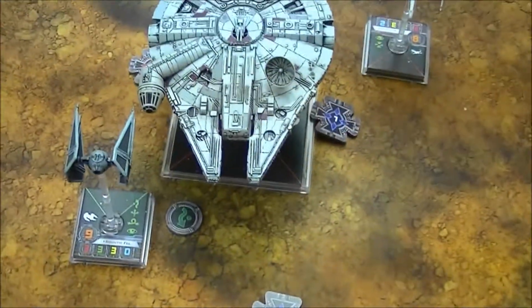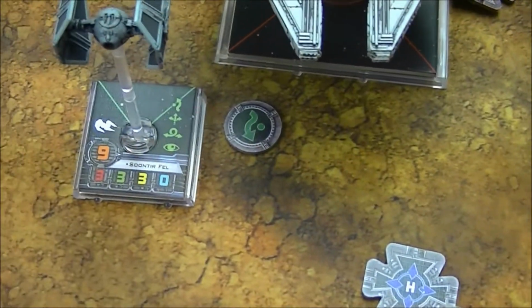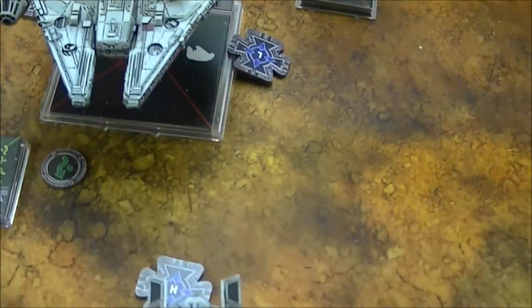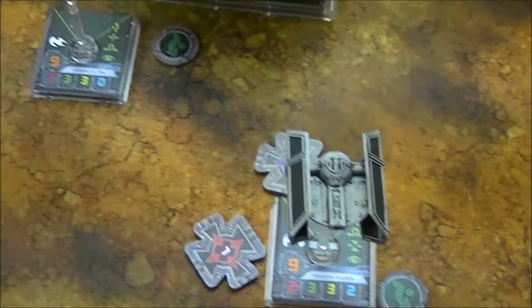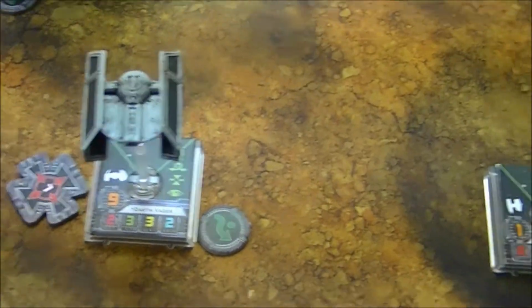What we have here is 3 people at 9. You got Vader at 9, Sontauri fell at 9, and you can't see it underneath the big Millennium Falcon there, but Han Solo also has a 9. But according to the rules, the Imperial player goes first due to initiative ties. So we are going to see what happens. I'm going to spend my target lock from Vader